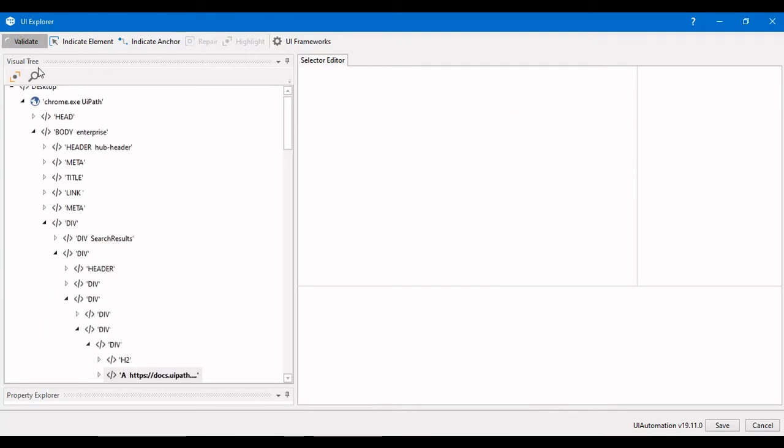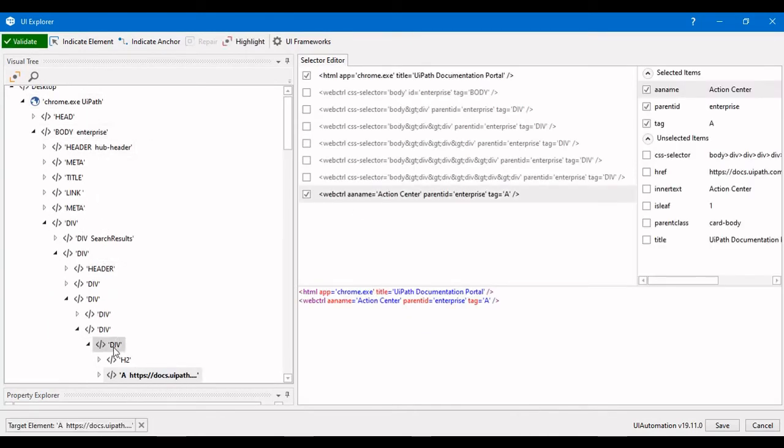On the left side you can see the visual tree, which is how the website is designed, and on the right side you can see the selected items in the selector. Here are the other selected items and the unselected items. Here is the selector editor, where we can add a few more selectors if we need it.